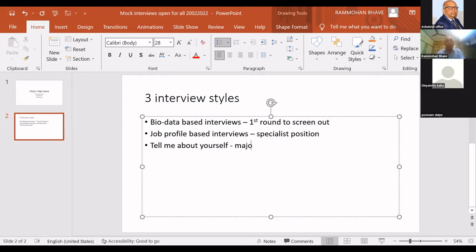But the majority of interviews are done this way because now organizations have realized that we want to check attitude, sincerity, passion. So therefore, you should be a person of positive attitude. You should have a passion to do the job for which the job is being held, and you should be at the most sincere.